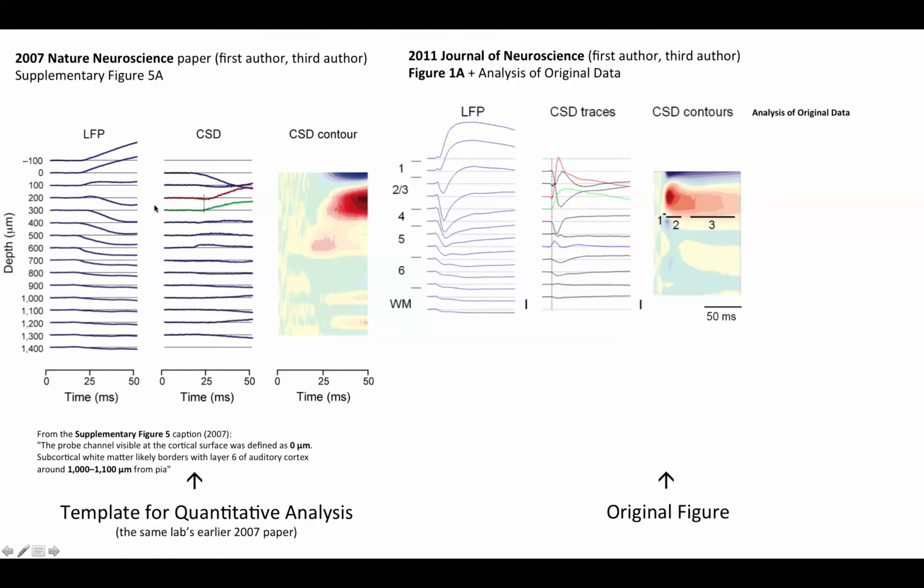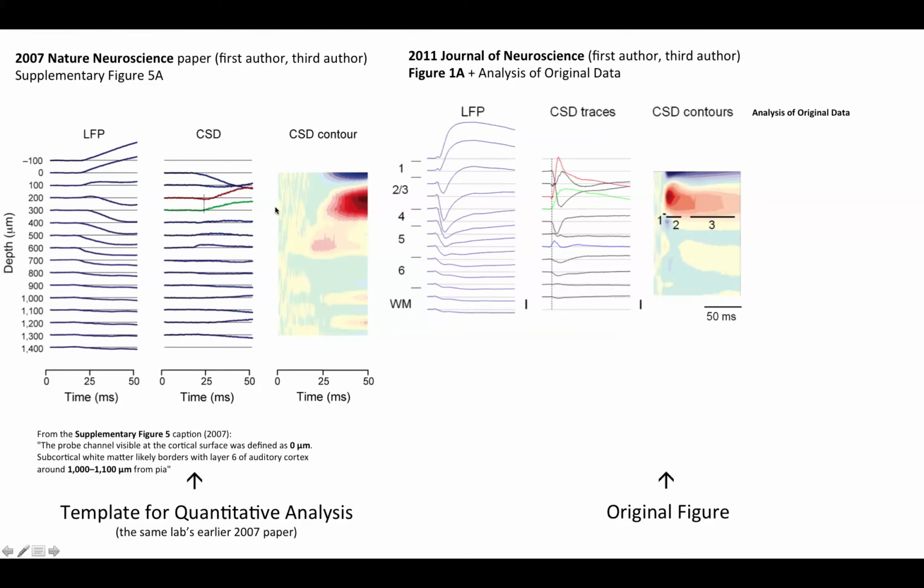And what you see here is what the authors did: they just compared two traces in the same superficial sink in layer 2-3. So their entire analysis for several years really just consisted of comparing two samples of the same superficial sink in layer 2-3. They were just comparing layer 2-3 with itself. So this is really a rather embarrassing thing. It's embarrassing that they spent 7 years comparing layer 2-3 with itself. And it seems to me that this figure really tries to obfuscate that fact.